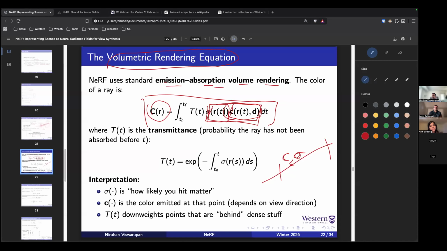So this multiplication gives you that, and these quantities we have seen before, but this T is called transmittance. I think you must have seen this in electricity, and I think electrical theory also has this transmittance. This is the probability that the ray has not been absorbed before T. Let's say,